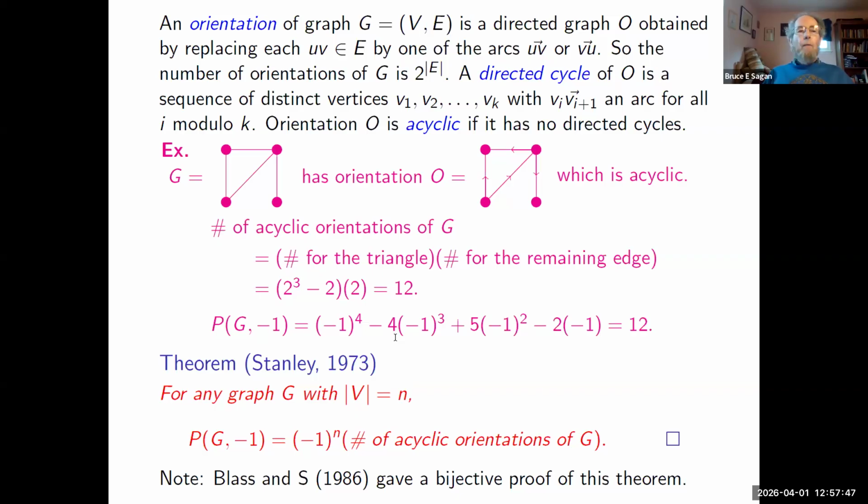in the graph. So what you do is you put an ordering on the edges of the graph, a total order on the edges of the graph. NBC stands for no broken circuit. So a circuit is just a cycle. And now since the edges of the cycle are ordered, I can remove the smallest edge and that'll give me a path. That's called a broken circuit. Any set of edges which does not contain one of these broken circuits is called NBC. And it turns out that these coefficients exactly count the NBC sets by the number of